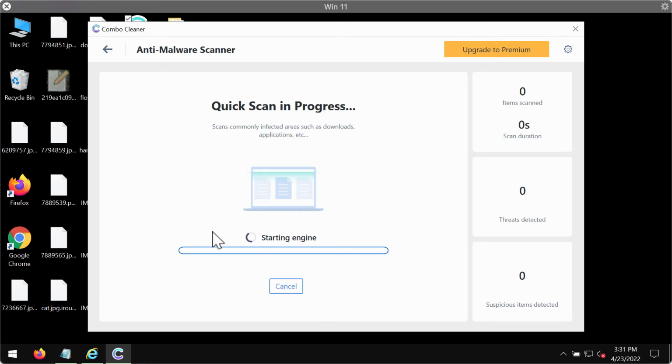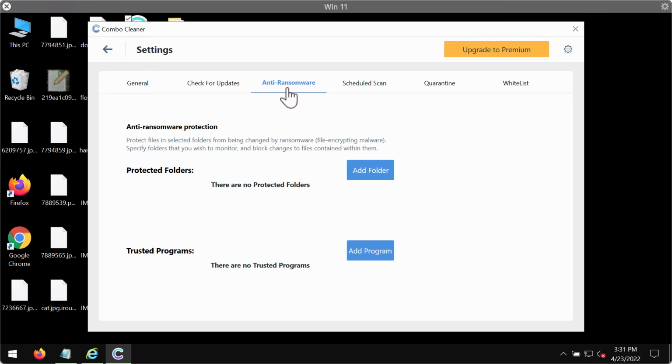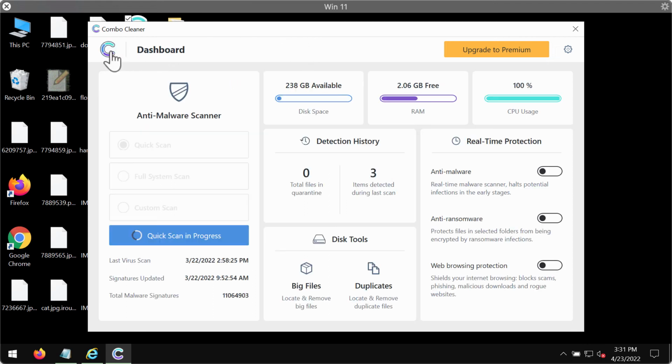Click on Start Scan. The program will most likely, first of all, update its anti-malware database, and this is definitely crucial for proper detection and removal of any malware. We also recommend you to pay attention to the feature of Combo Cleaner Premium, which is called anti-ransomware. This feature allows you to add one or several folders on your system that would always be protected against ransomware